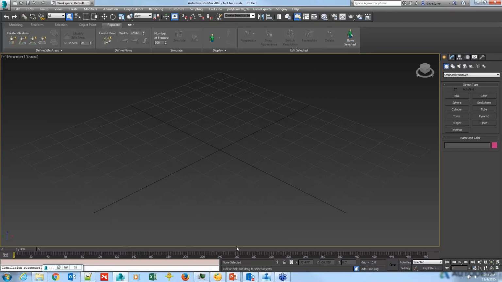All right, so now we're good, and we have 480 frames as displayed down here in the timeline. Our units are set up. Now the only thing that's left to do is we need to set up our render,